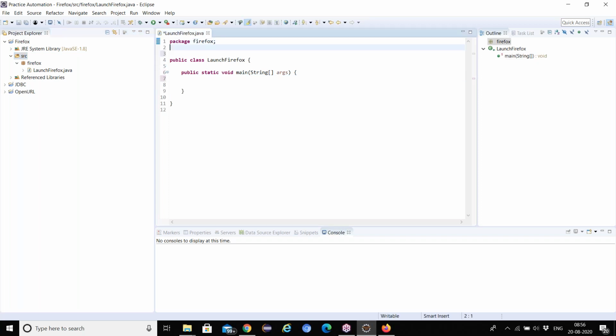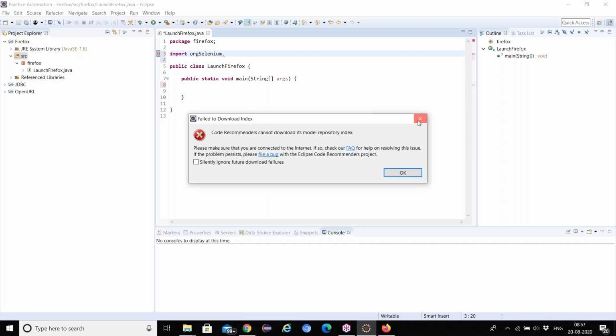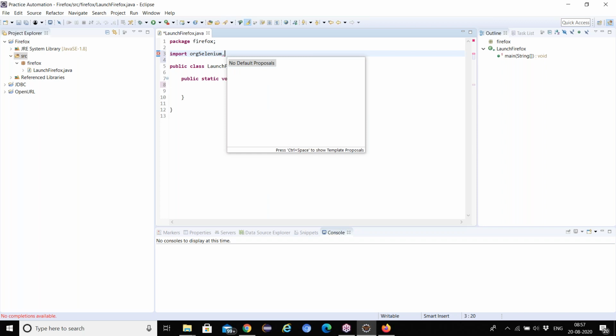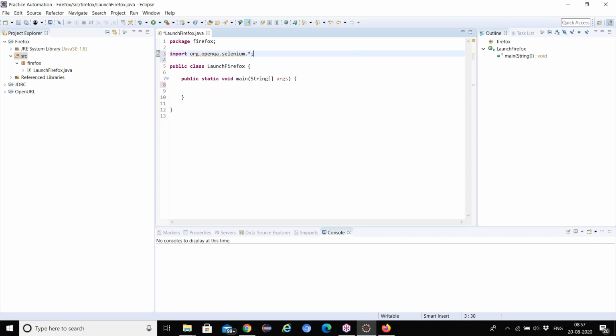Import org.openqa.selenium.WebDriver. Erase the star.